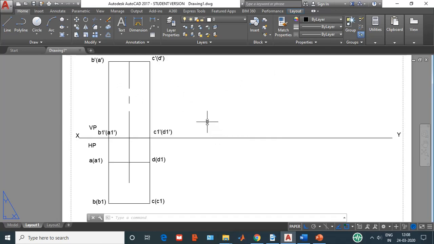So first let us choose which edge I'm going to rest. So let us say I'm going to choose C and D as the edge which is resting on horizontal plane. If you want, you can take A and B also.